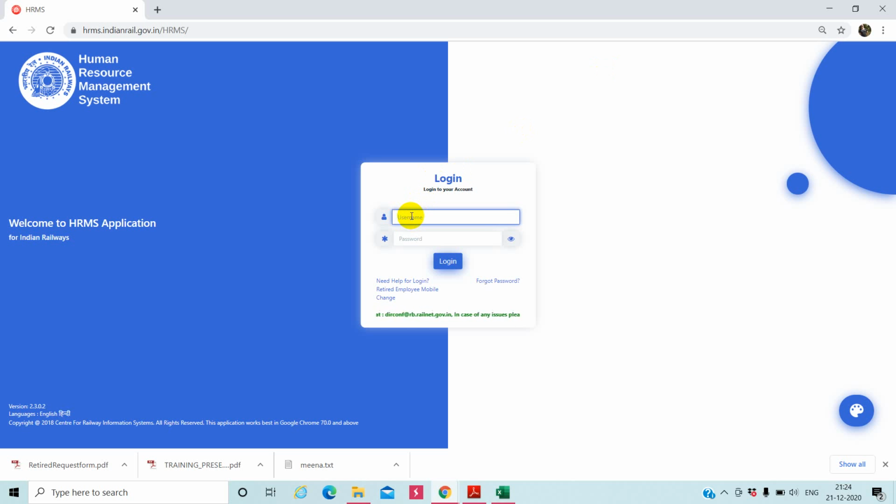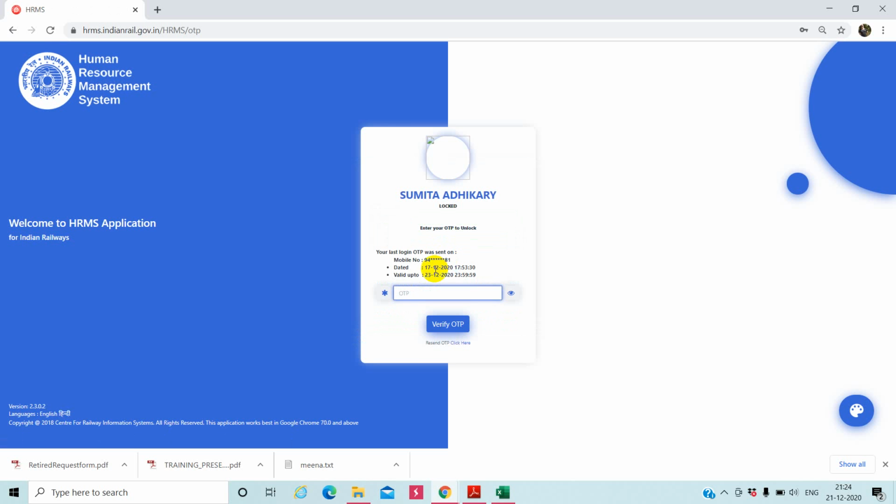Being a dealing clerk, I am putting my HRMS ID, then giving my password. Then the verification OTP is coming.